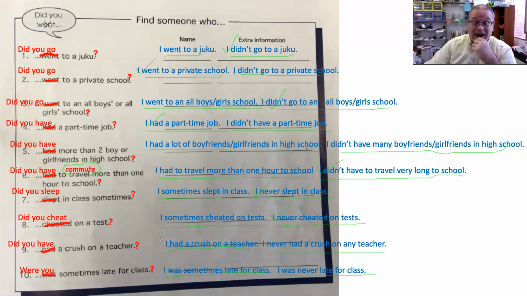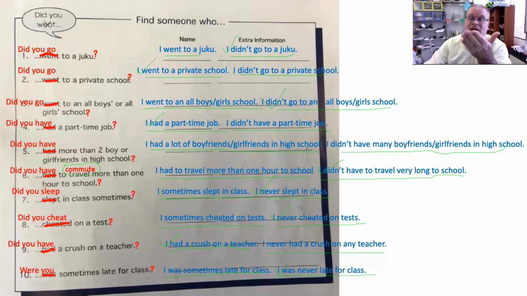Okay. I had a crush on a teacher, Ms. Townsend. When I was a senior in high school, koko-san nensei, we had a new chemistry teacher, kagaku sensei, named Ms. Townsend. She was from Ireland and she was beautiful, beautiful green eyes, long red hair. And I will always love you. She was really beautiful. So, okay, and I was never late for class. I was good about that, okay?